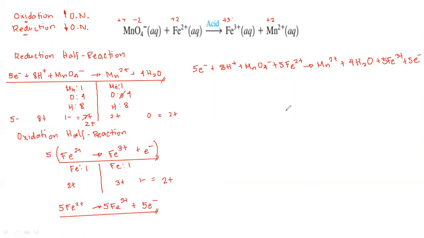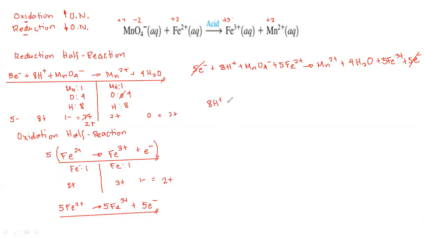Okay, then we have to cancel all identical species. Just like in an equation in algebra, if we have two identical elements at both sides, we can cancel that. So since we have 5 electrons at the right side and left side, we can cancel this one. So now our final balanced redox reaction is